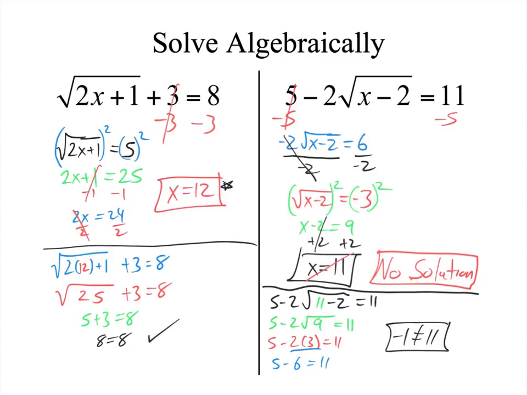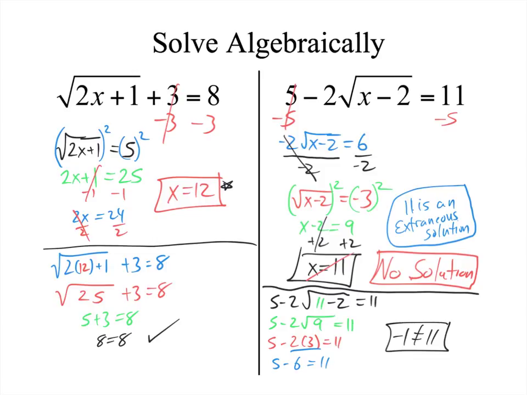Now, what do you call 11? 11 actually has a name. It's a solution, it just doesn't work. It has a name, we're going to call that 11 an extraneous solution. So if someone were to ask, do you have any extraneous solutions? Yes, 11 would be extraneous for this one,